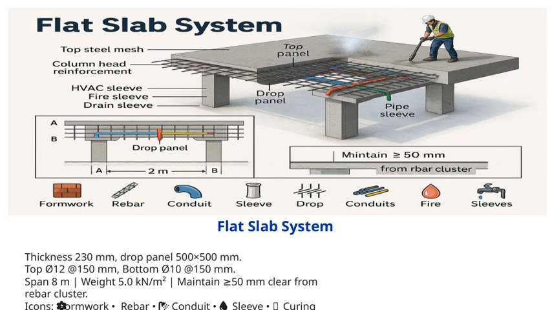It's important to maintain at least 50 millimeters of clearance from the rebar clusters. This spacing ensures proper concrete placement and curing, as well as ease of reinforcement installation. Throughout this process, we use various icons, like formwork, rebar, conduits, sleeves, and curing, to represent different components involved in constructing this flat slab system. Keeping these details in mind helps us ensure a safe, durable, and efficient structure that aligns with our overall project